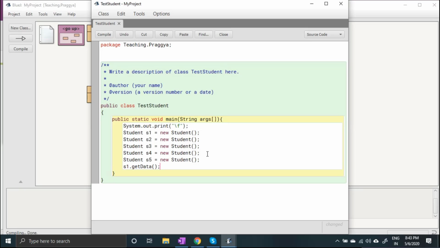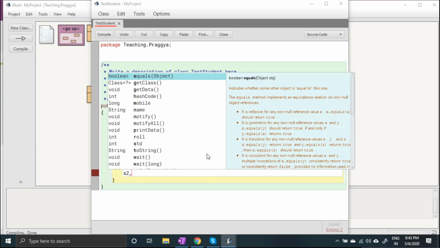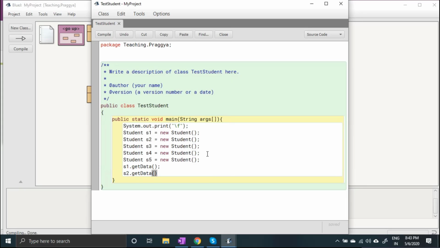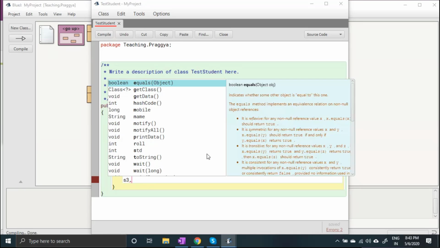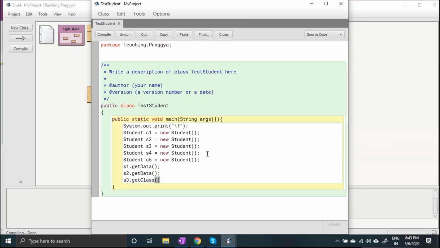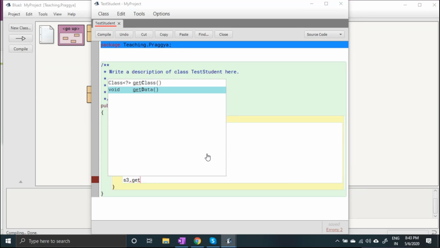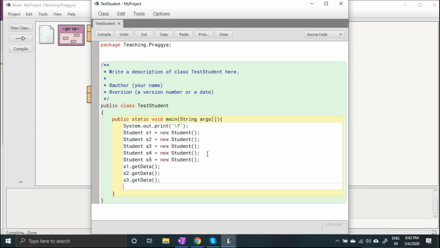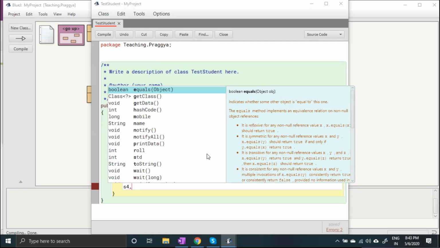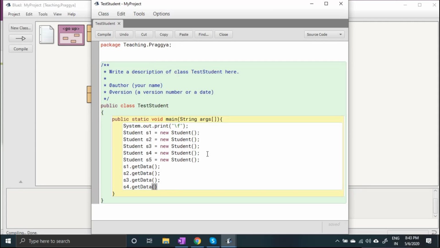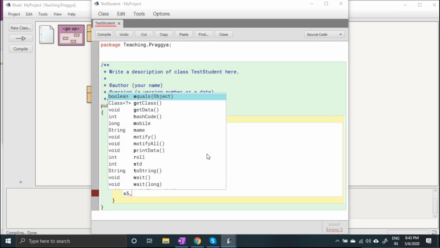So s1 dot get data, then s2 dot get data, s3 dot get data, s4 dot get data, s5 dot get data.